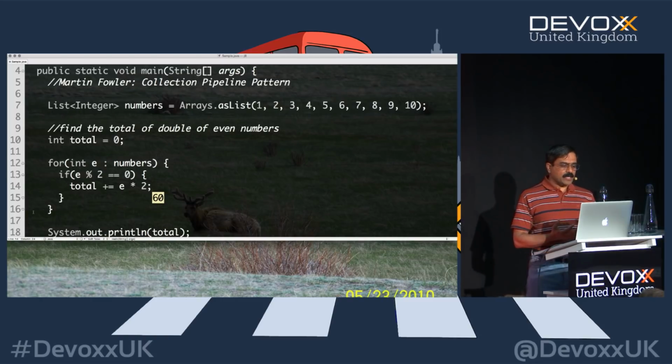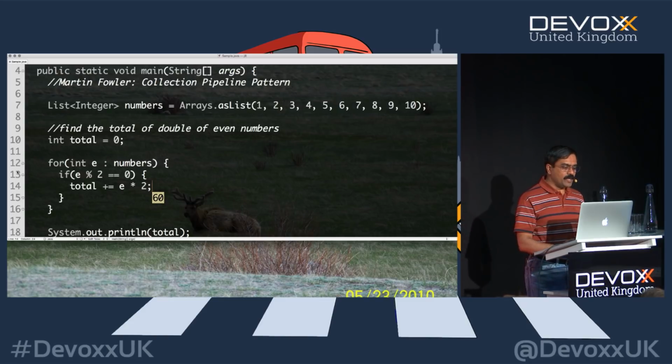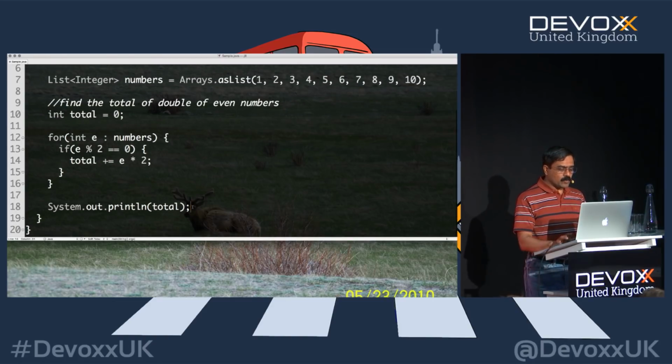So this is saying loop through every element in the collection, look for only the even numbers, and when you find an even number, double it, and then add it to the total. Well, that's the imperative style of programming, and we've been using things like for loops and breaks and continues all along the lines. But thankfully, moving forward, we can use the functional style of programming, and what we are getting really is the so-called functional composition.